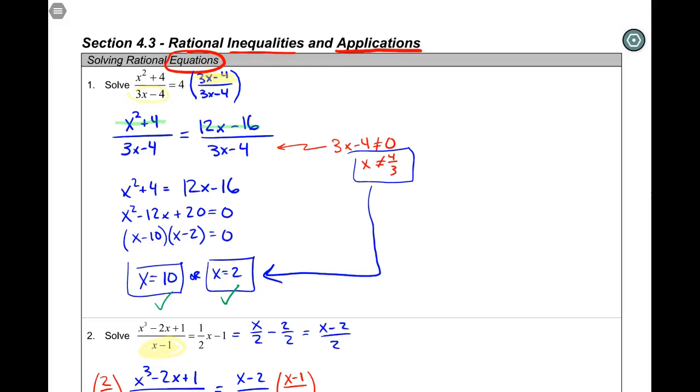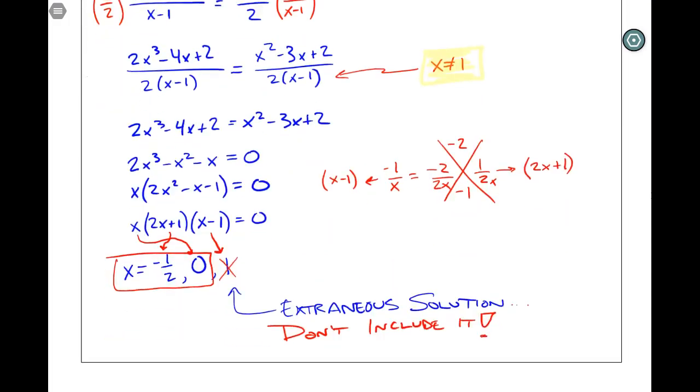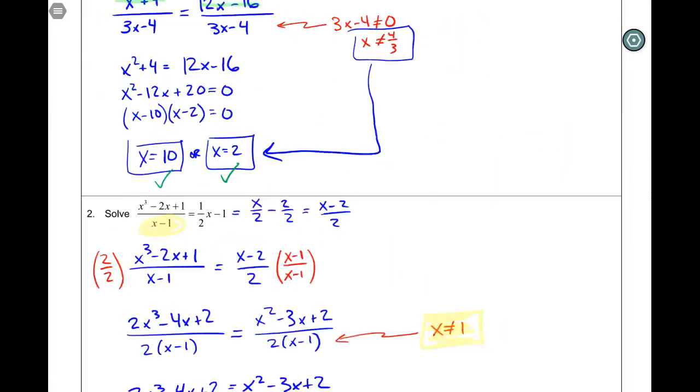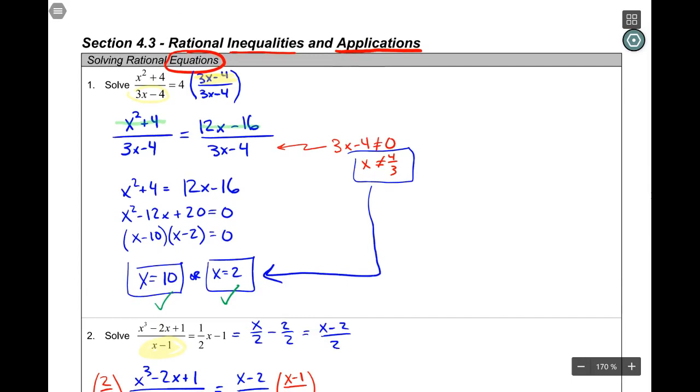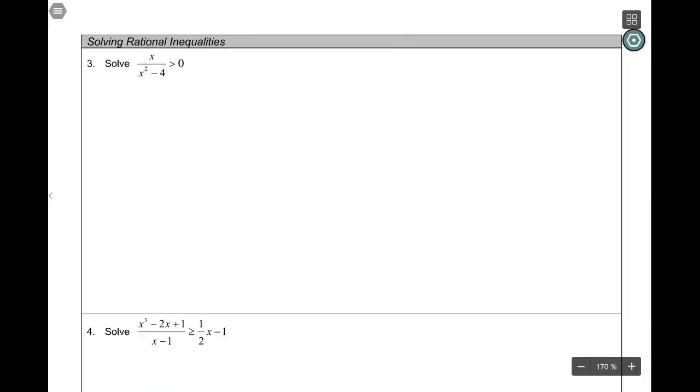Continuing on with section 4.3, rational inequalities and applications. Well, let's go to page 2. Page 2, there it is. Okay, so on this page we are solving rational inequalities, a little bit different procedure than solving equations. So first thing I'd see is that I have a rational expression, x divided by x